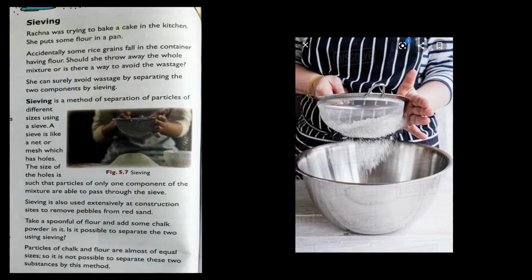To remove the unwanted particles, sieving is actually used. You will see one board type of structure. I am giving you a picture on the screen. You will be able to see nicely which type of structure it has. So this is sieving, which is made of a net and tiny holes. I think you have got the idea of sieving.